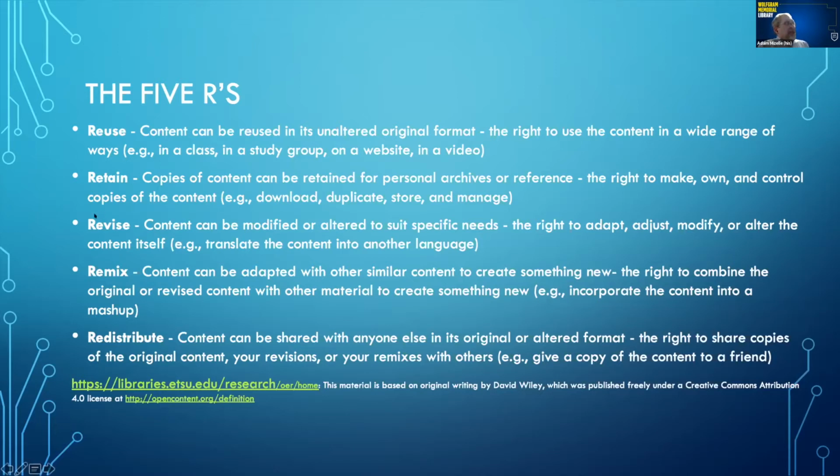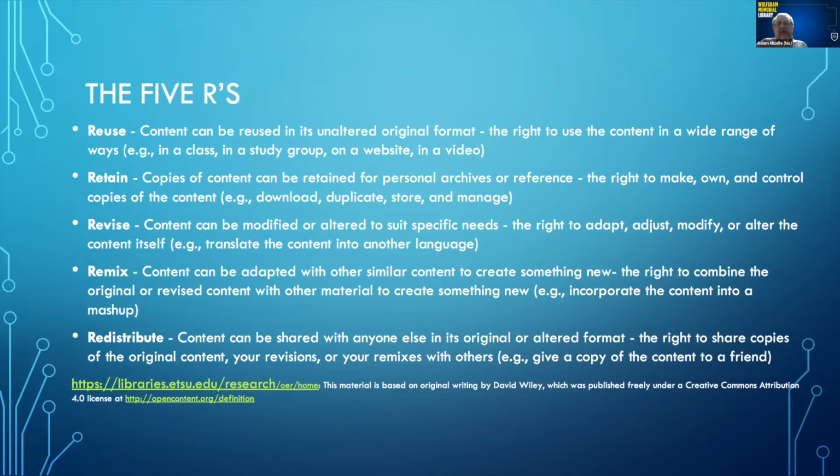I'm going to talk about the next two R's together: revise and remix. This is how you may have permission to edit a work. Really, it's mostly about how dramatic the change is.